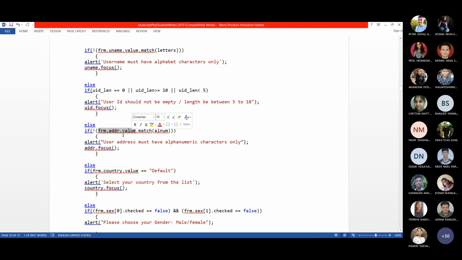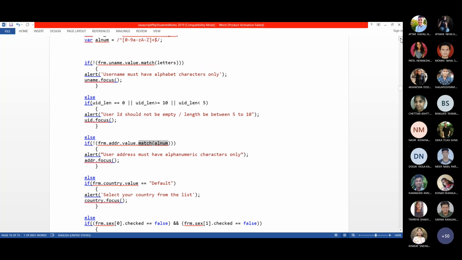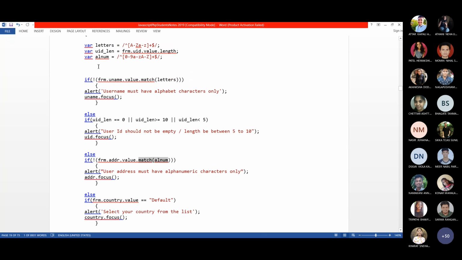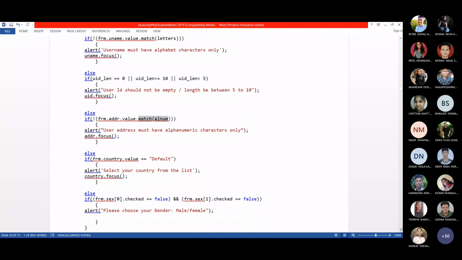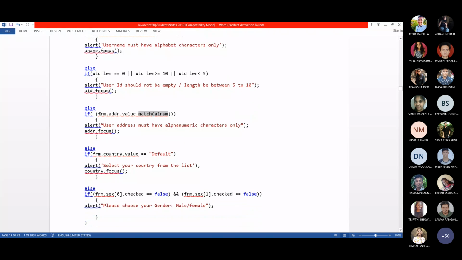Dot match: on that entry I am applying the match method. Match alphanumeric, all num. In all num, what I have given in the regular expression pattern, look here: all num is 0 to 9, small a to z, capital A to Z. That is the pattern. So I check what the user entered as the address.